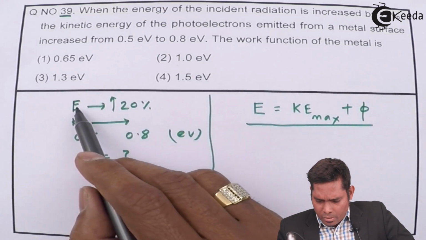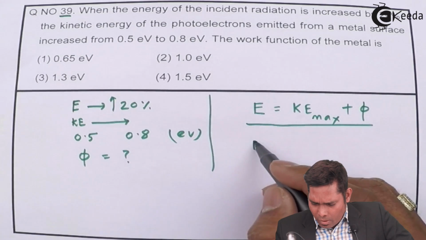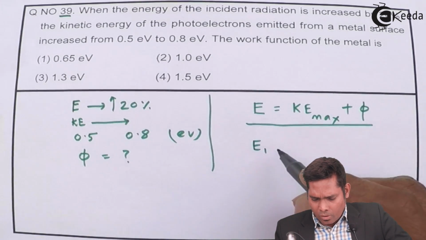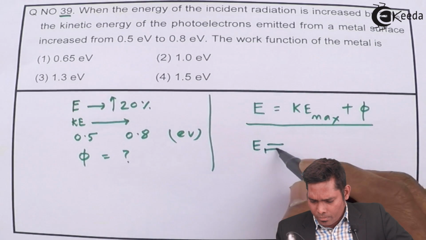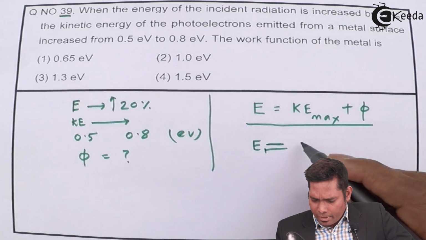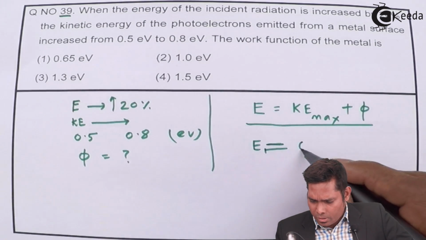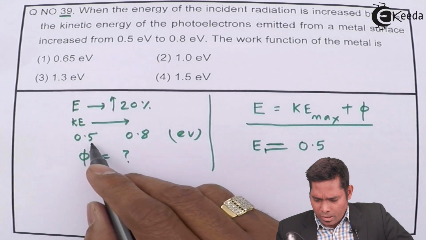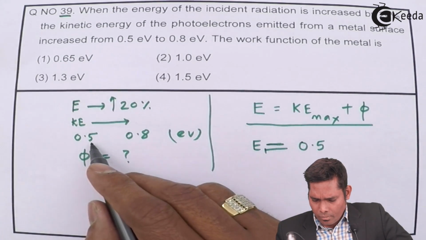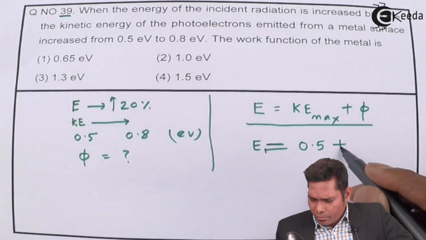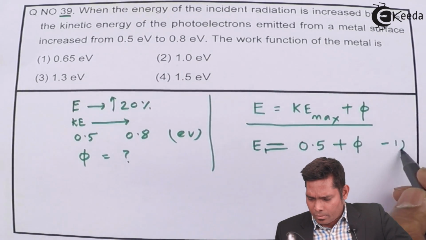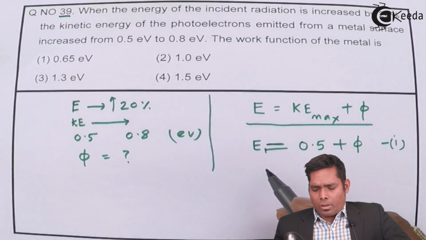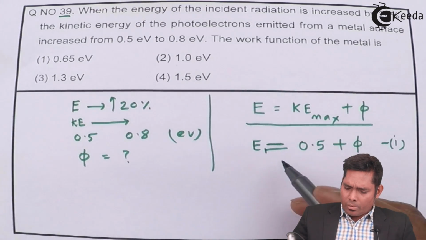Once when the energy was E, first case. If the energy is E first, then kinetic energy was 0.5 as it is given here, plus the work function. This is equation number 1. The next equation should be that